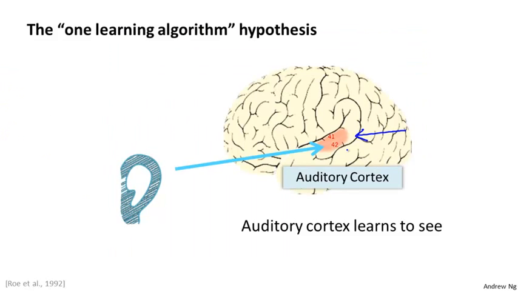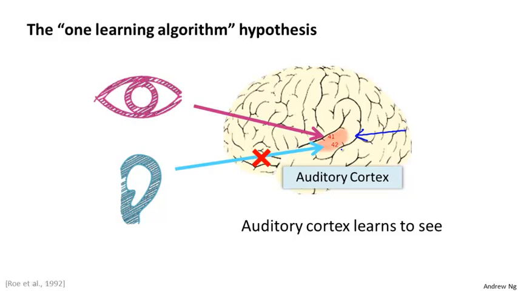This part of the brain, that little red part of the brain, is your auditory cortex. And the way you're understanding my voice now is your ear is taking the sound signal and routing the sound signal to your auditory cortex, and that's what's allowing you to understand my words. Neuroscientists have done the following fascinating experiment where you cut the wire from the ears to the auditory cortex, and you rewire, in this case, an animal's brain, so that the signal from the eyes, from the optic nerve, eventually gets routed to the auditory cortex.